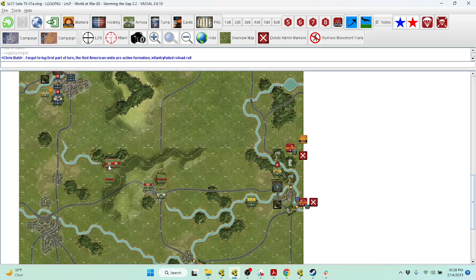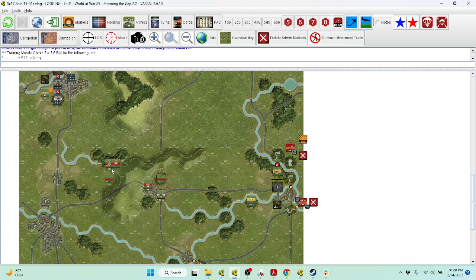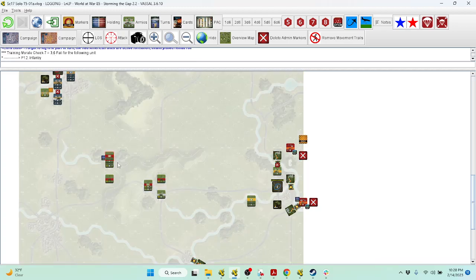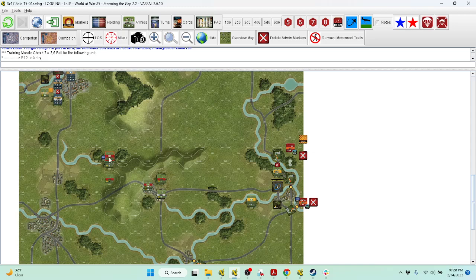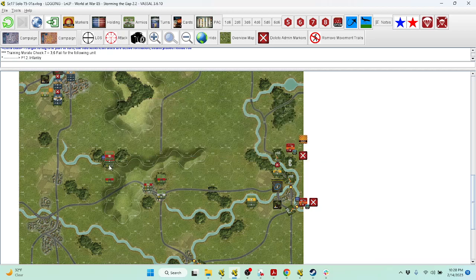This infantry unit here, we need to see if they have successfully reloaded their weapons. So that is a 9, but they have the, oh no, the headquarters are not stacked with them. So they failed. They have not figured out how to work their Dragon anti-tank guided missile. And so I'm not going to allow this outfit to move around at all, but I am going to draw